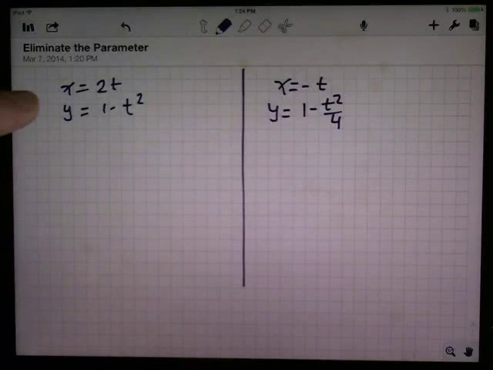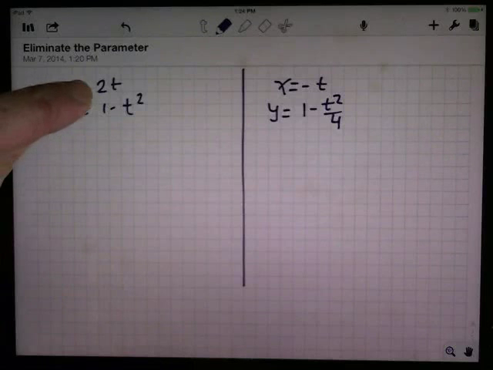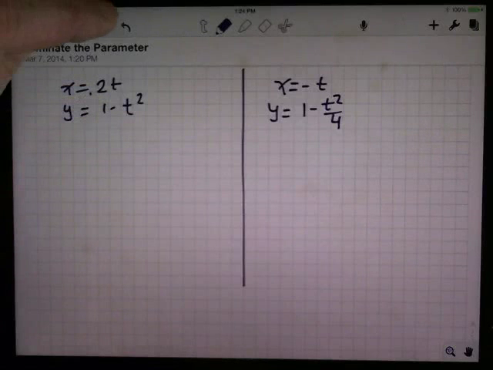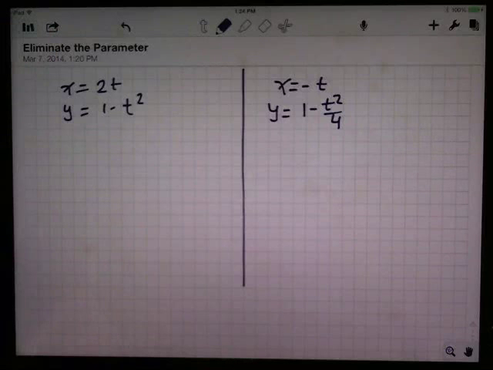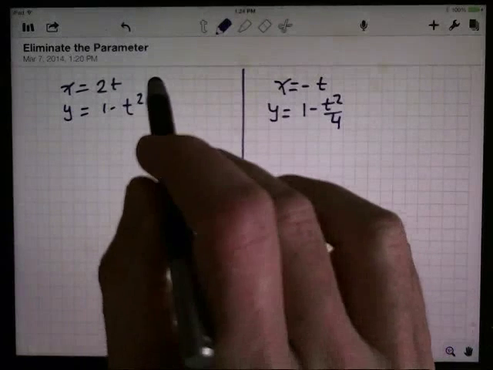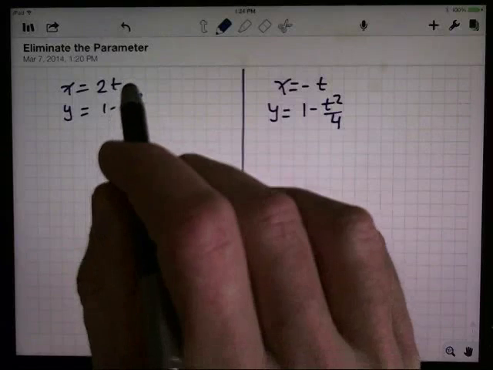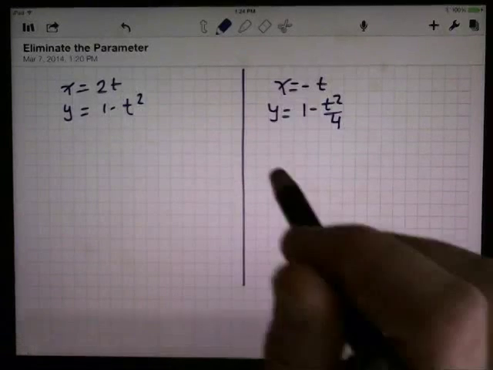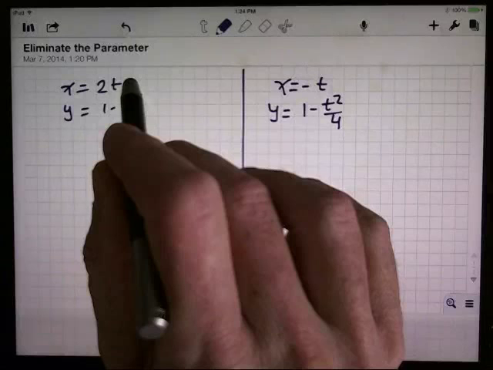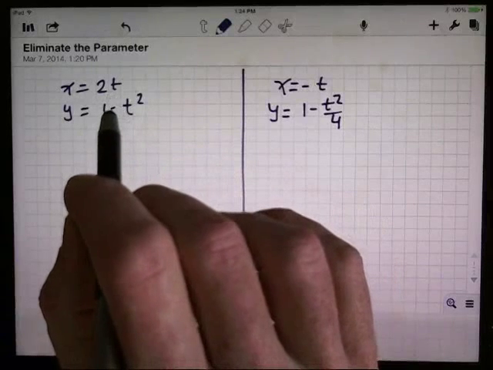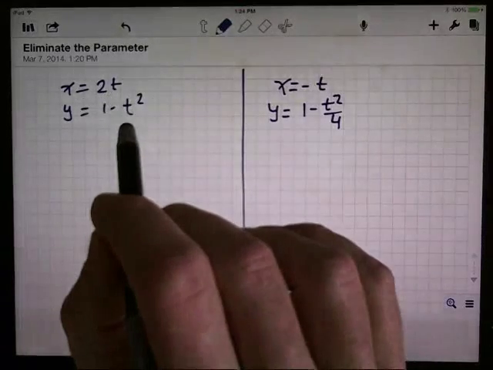I'm going to take these two equations where x and y are both dependent variables and t is the independent variable, and we're going to make them into one equation that doesn't have the t in it anymore, just x's and y's. So we're going to get rid of the t. We're going to eliminate the parameter. Sounds like we're going to do a hit job or something. There are several ways that this is done, and over the course of a few videos we'll run into a few possibilities. The first way is a simple substitution,